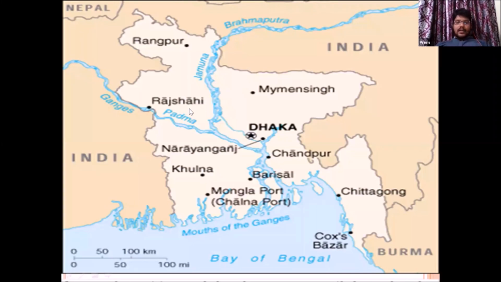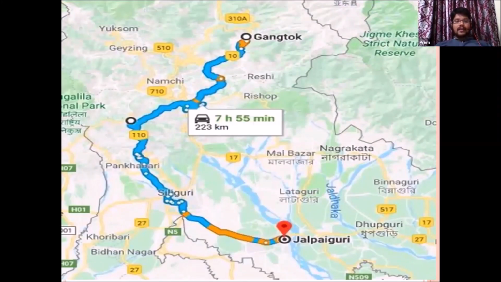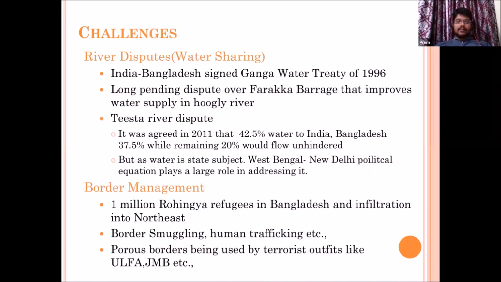That is why, starting from 1971 when Bangladesh was formed, they always pressed for agreements so that both can have a reasonable amount of water sharing. As part of that, in 1996 we had a major agreement on the Ganga River, the Ganga Water Treaty. According to that, we had a commission which decides what kind of water flow should be there in the river and how much water should be allocated to Bangladesh, all these aspects. This was signed in 1996, so this was somewhat of a good factor.